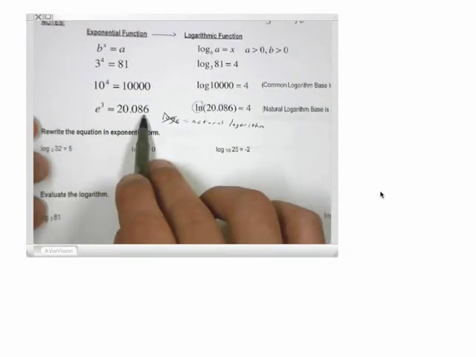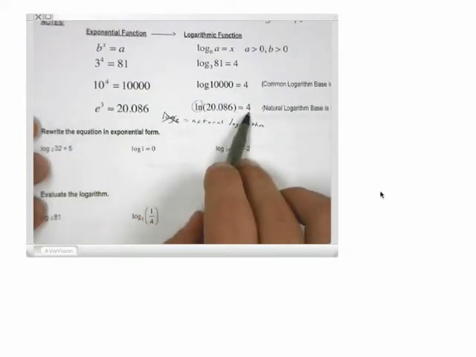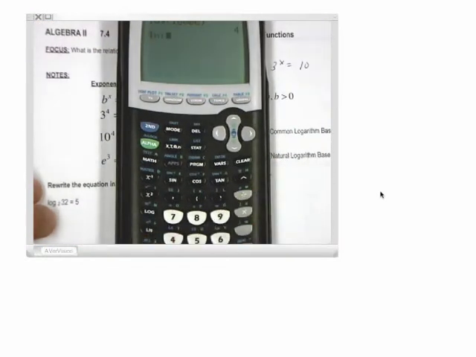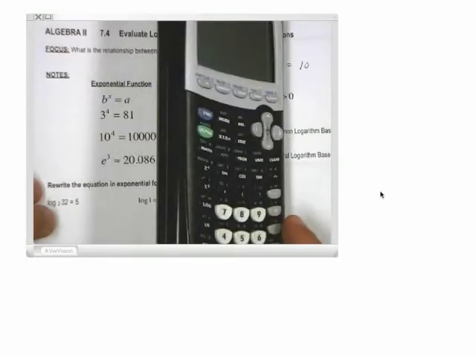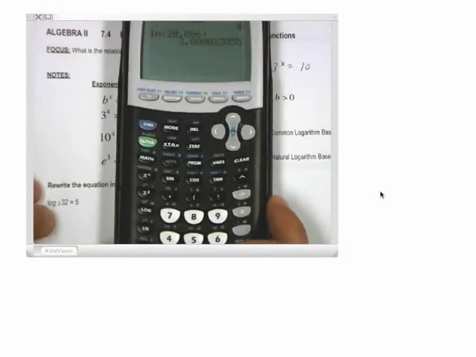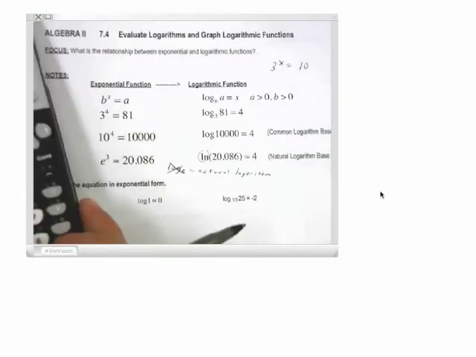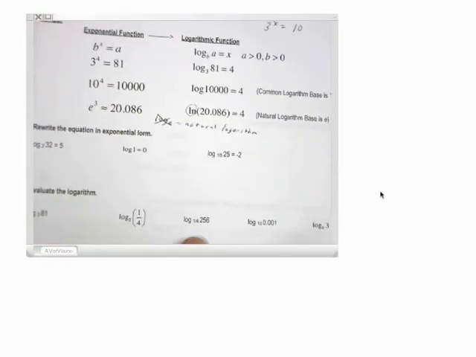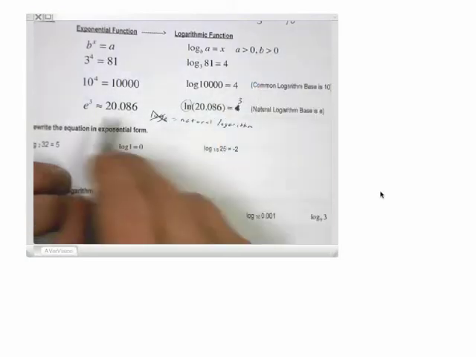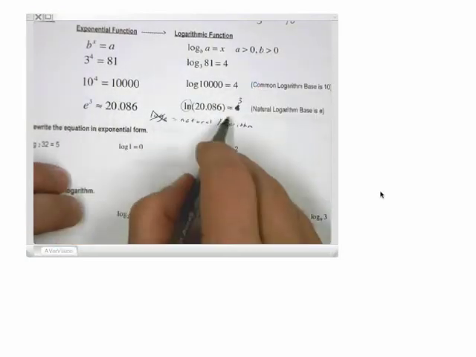Okay, the natural log of 20.086 is equal to approximately 4. And you do have a natural log button on your calculator. That's automatically base e. So that's the ln button here. And if I were to do the natural log of 20.086, which was on that problem, it came out to be approximately 3. So actually, yeah, that's all we got. Whoops, I don't know why that says 4 on the worksheet right there. Sorry, must be just a typo from the first problem. So the natural log of 20.086 would be approximately 3, because that's our power that was written there. So that should be a